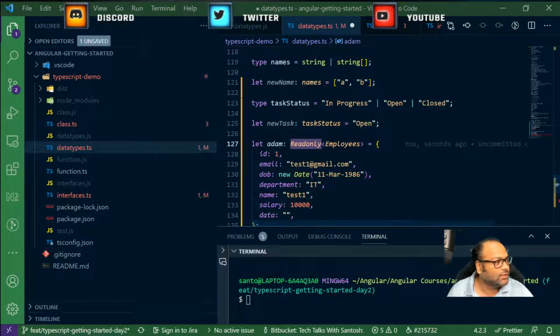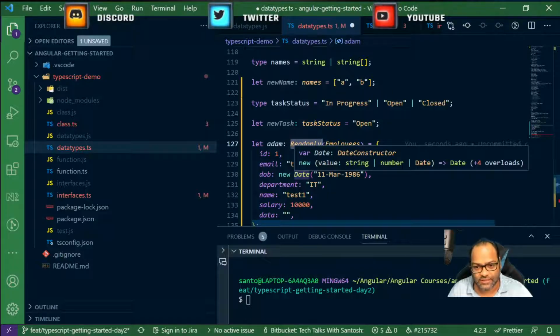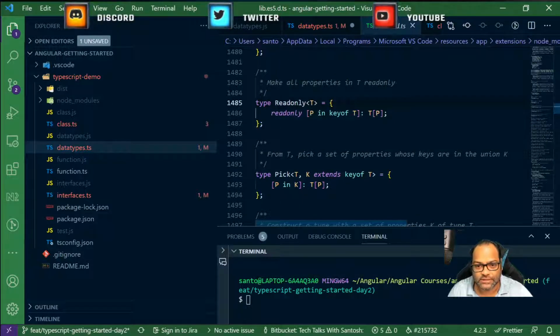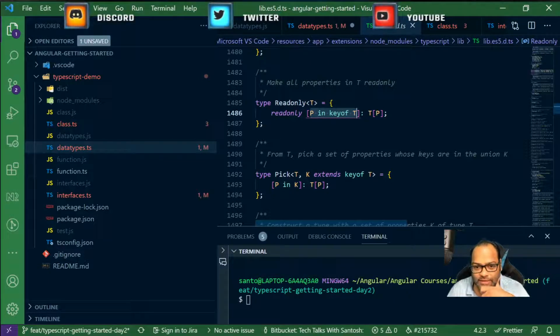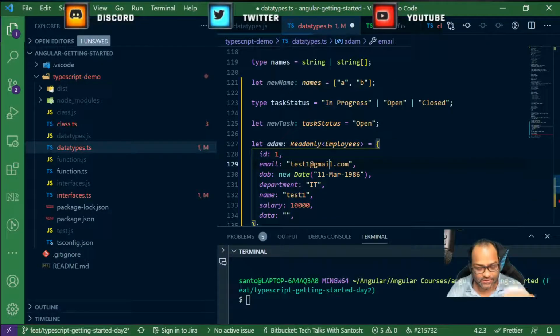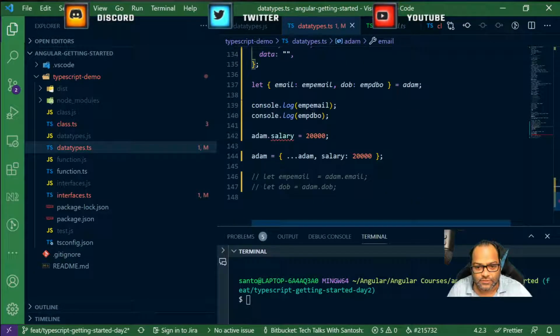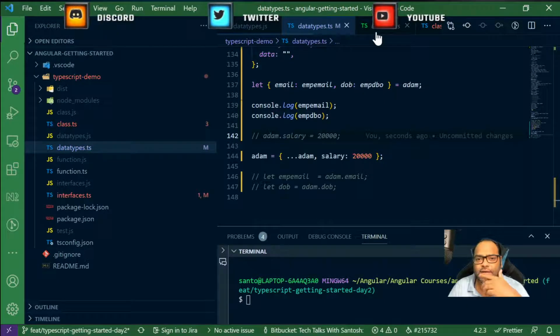It's a utility type which is available, so you don't have to actually write your own. It's already available in TypeScript, so I can just go ahead and see. So it says okay, it marks it as read only. So all the keys. If you're trying to read this particular syntax, let me just do that for you. Every key in your object will be marked as read only, and this is just type and property. So that's it. So let's go ahead and use this. And do we have any other utility types? I think there are a few more, so let's go ahead and do that.